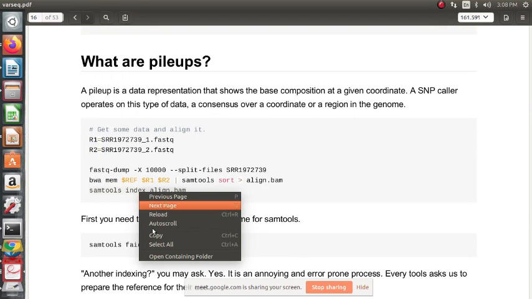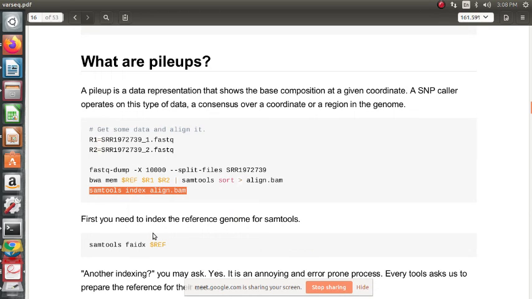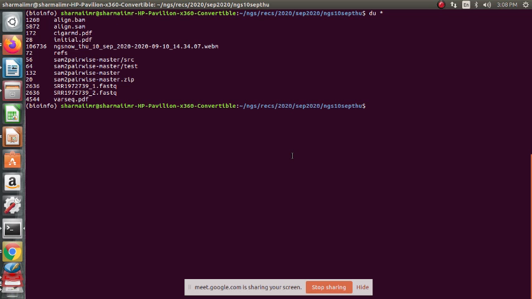So always remember that after we sort the SAM files and create a BAM file, we can index a BAM file. We can index only BAM files. We cannot index SAM files. So samtools index align.bam.